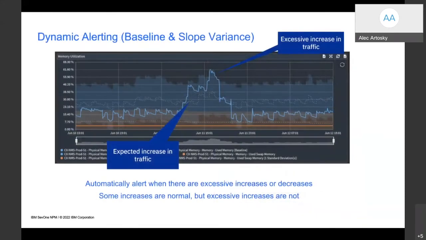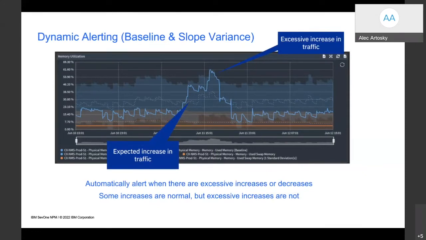And this goes back to the item that we talked about earlier, which is the dynamic alerting and using baseline and slope alerting. So this is really a great example. And this is something that I always like to tell. I feel like it's best if a use case is provided for something like this. So I mentioned using baseline alerting, the ability to be notified if you go above or below a certain value, what is normal. But one of the things that's really great in the product, something that we found a lot of value with, is the ability to use slope alerting, or in this case, slope variance.